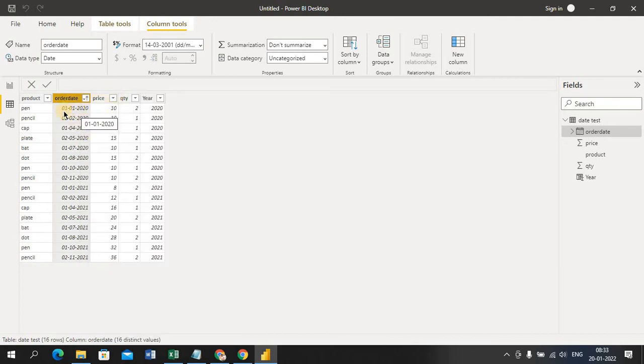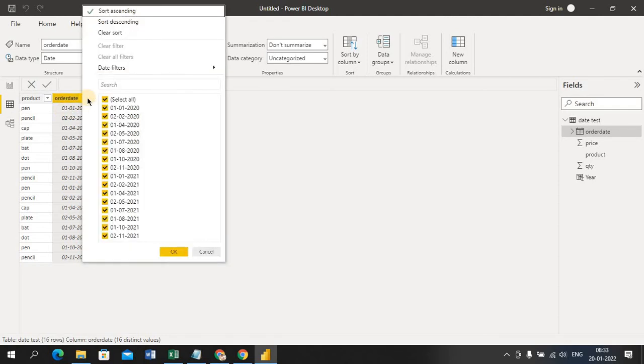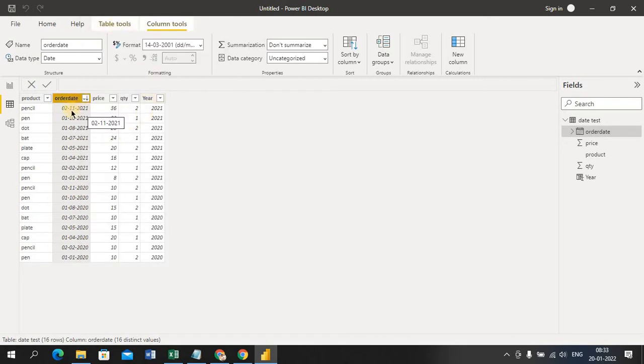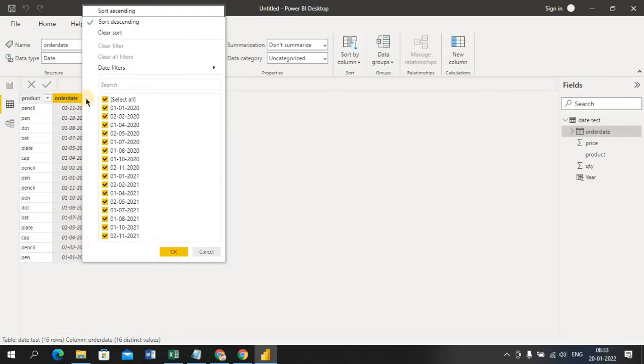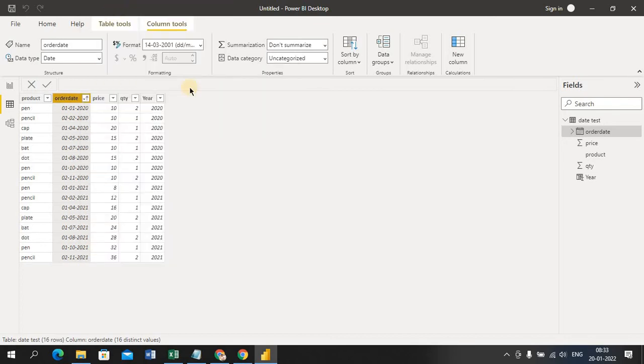This is my minimum date, 01/01/2020, and you can find the max date also with descending. This is how you can do ascending and descending. But to see the data continuously, including whatever dates are missing, I want that information also.